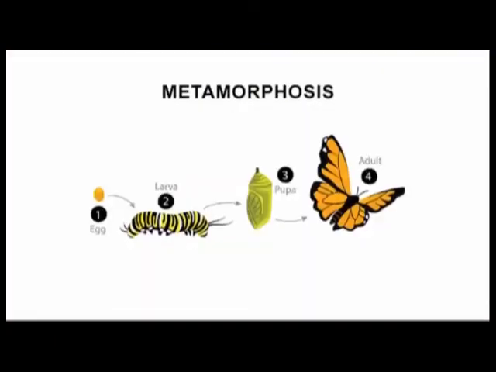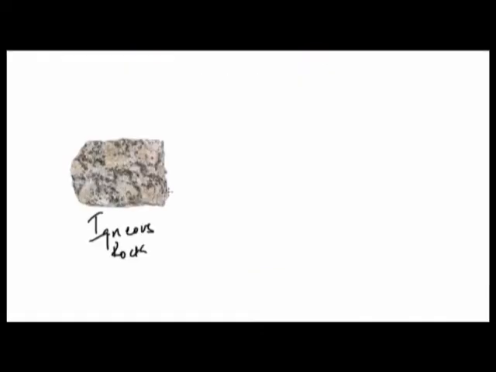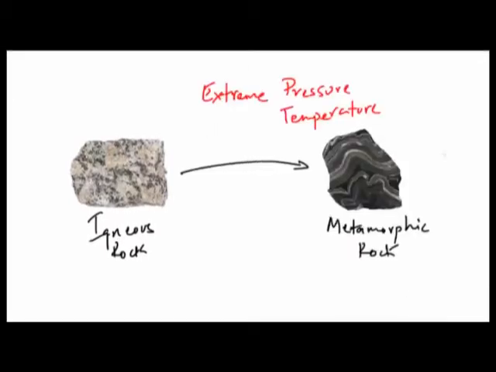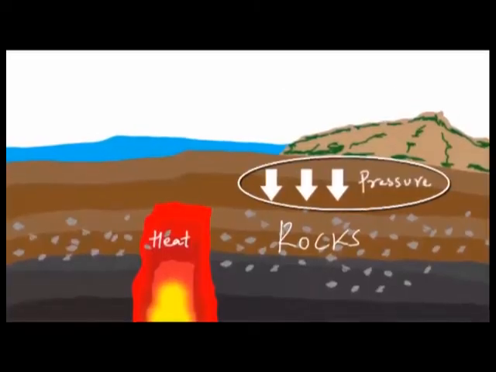Now, the last type of rocks, after igneous and sedimentary, is called metamorphic rocks. Metamorphic rocks are rocks that have already existed as sedimentary or igneous, but have now been subjected to high pressure or high temperature, or both. Under this high pressure action, these rocks now form banding, or now have bands. They change in their texture and characteristics to form other types of rocks that are different from their previous appearance and texture.